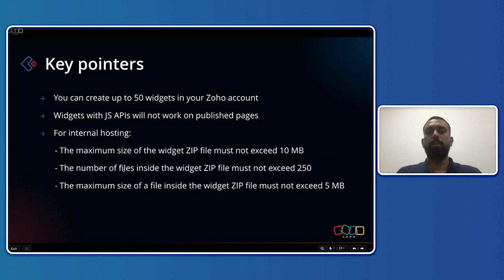Now, let me get back to the presentation. As I told you before, we have certain key pointers that need to be discussed before you start working with the JS API widgets, right? The first one is you can create up to 50 widgets in your Zoho Creator account. And if you have certain pages which are already published and you have widgets in those pages, the JS API